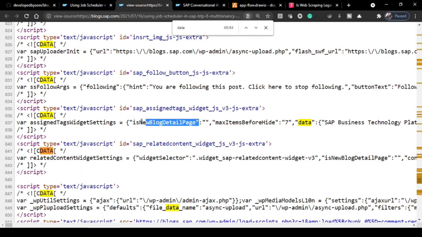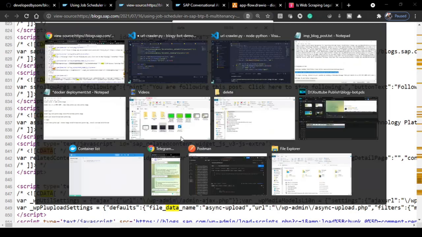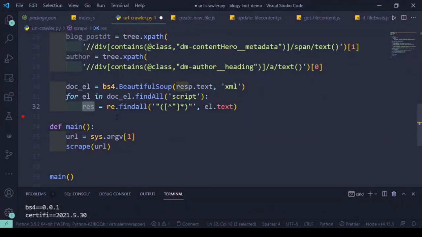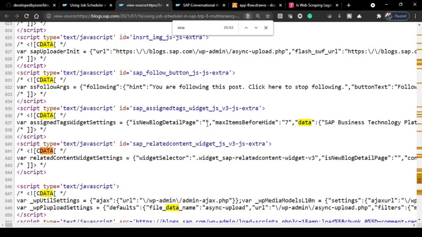So this response will contain an array, and this array will have only this information because it's under a quotation. Similarly this information is under a quotation, the data as well because it's also under quotation, 7 under quotation, and in a similar way this tag under quotation.